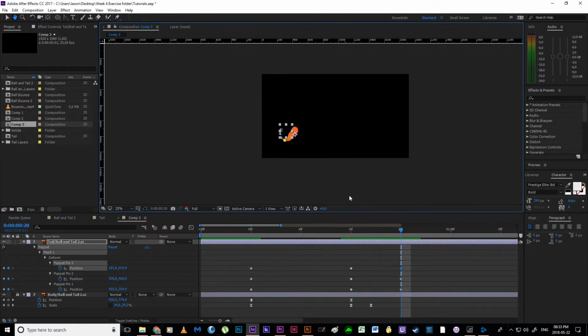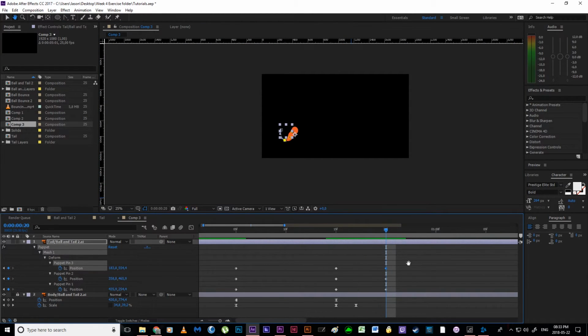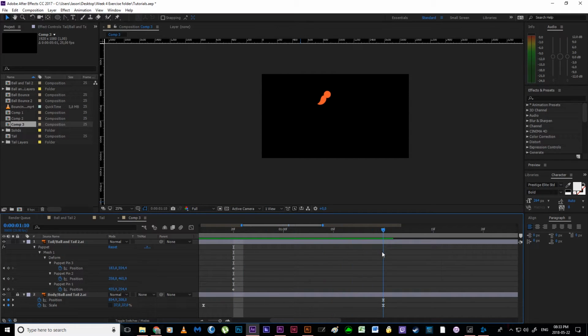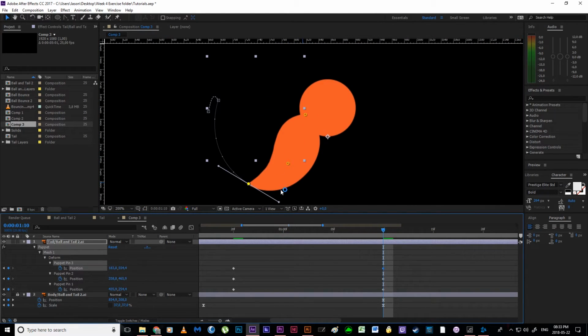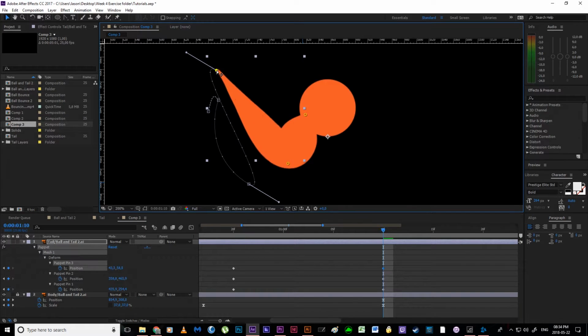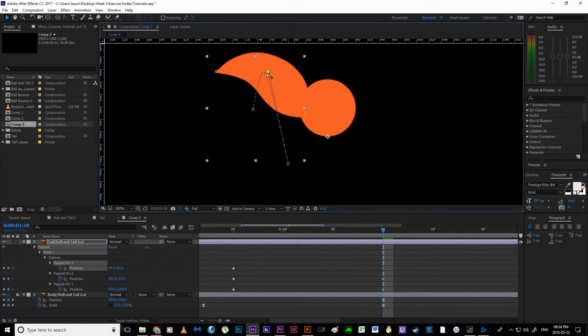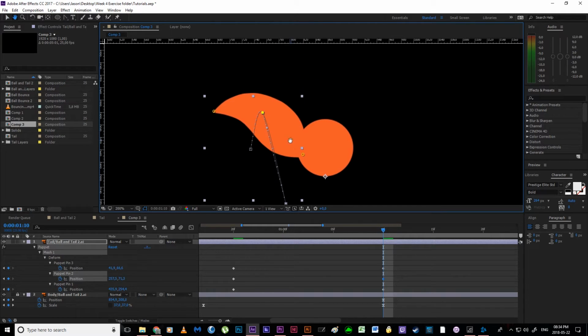Okay, so what's happening next? Right, we've got the anticipation taking place. It then shoots away, and the next time that this tail might change is over here. Right, and this is where the tail's caught up to the body. So I'm just going to copy paste these keyframes simply because then I have something to work with. Zoom in, and let's then adjust. So I'm going to drag this up here. I think that this tail might react to catching up with the body. Might flop over a little bit